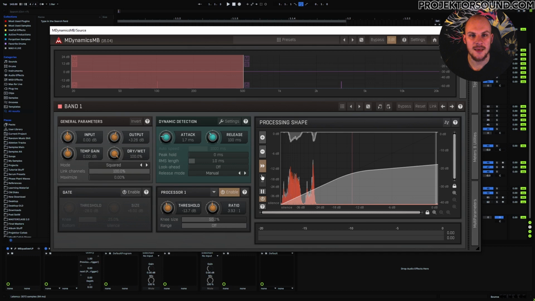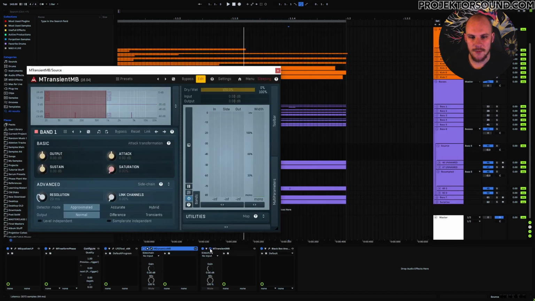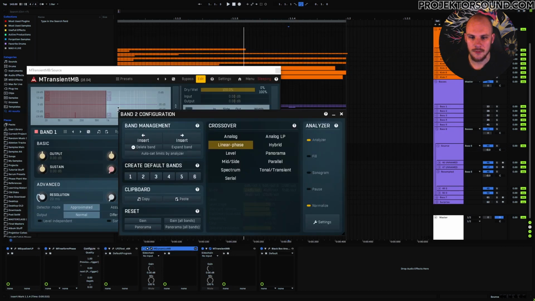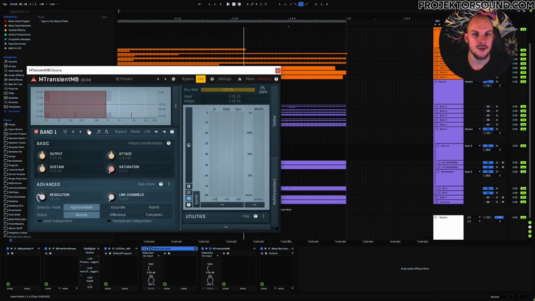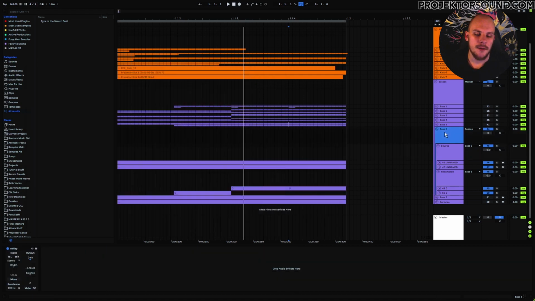I don't want this to actually do any phase shifting. And the same is true for this M transient MB. Again, this is set to linear phase, to make sure that it doesn't change the phase of the bass line. Now, something that I'm remembering now that I probably should have said a little bit longer ago is that when